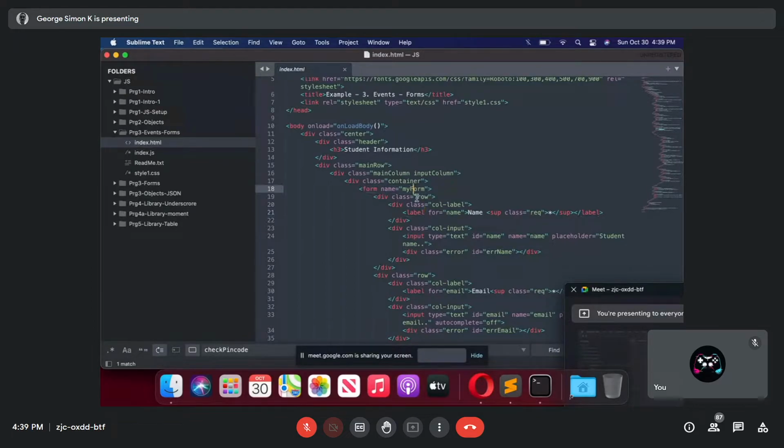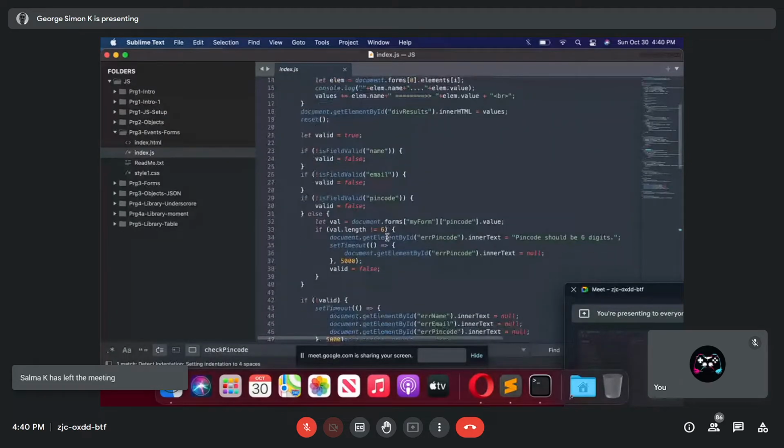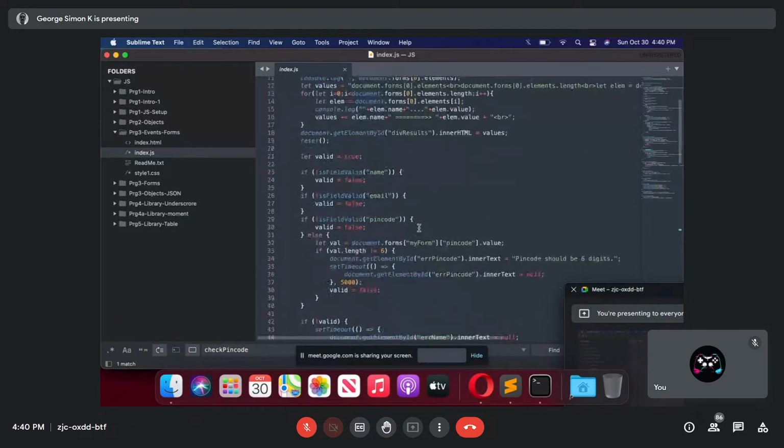I've given a very simple name, my form, or you can give some meaningful name, like student input form. So when you say document.forms, which returns an array, and you pass the name of the form, you're getting a reference to the entire form.